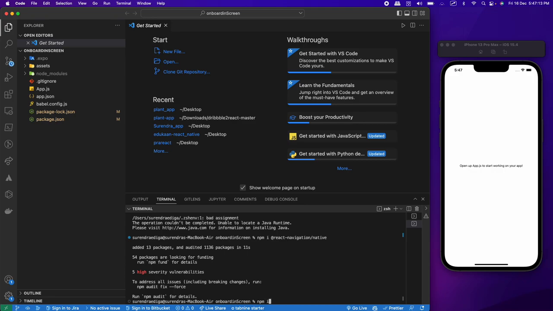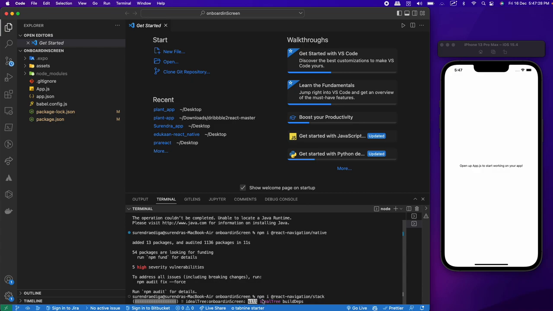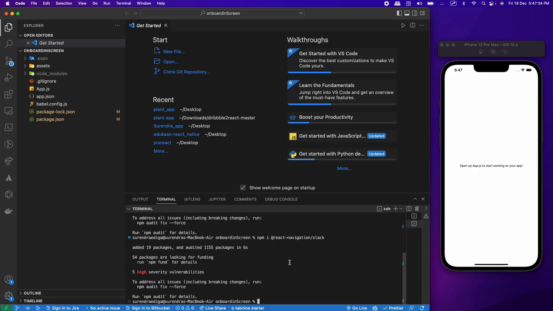So npm i, just a minute, stack. Now this package would also be installed, and by this we are ready to use React Navigation in